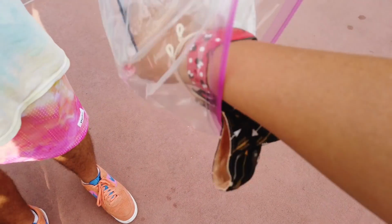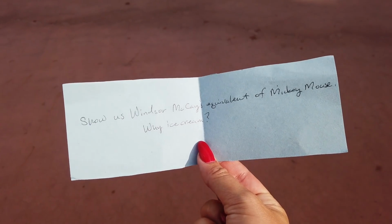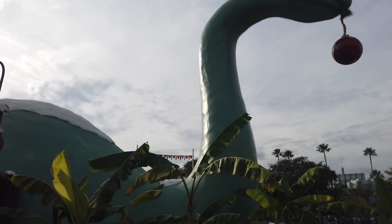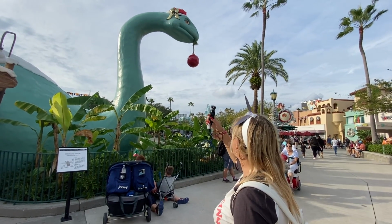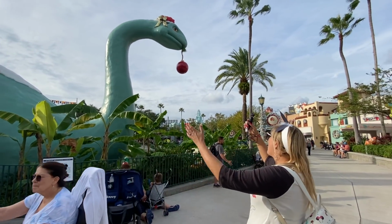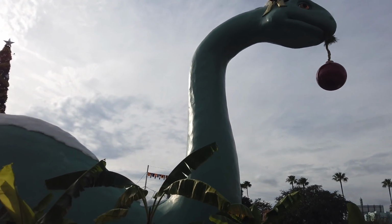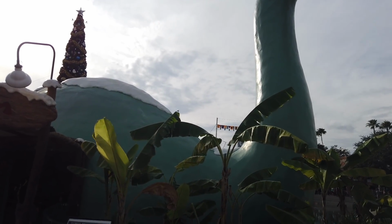One more. Show us Winsor McKay's equivalent of Mickey Mouse. Why ice cream? Oh, this is a fun one. Here she is in all her glory, Gertie the dinosaur, Dinosaur Gertie. And she was developed by Winsor McKay, and he was an animator. But even before Walt Disney, he actually inspired Walt Disney with his cartoon, one of the first cartoons, Gertie the dinosaur. And it was an incredible show that he would tour around with, where Gertie would be on the screen and he would be on the stage interacting with her like she was a dog or a character,